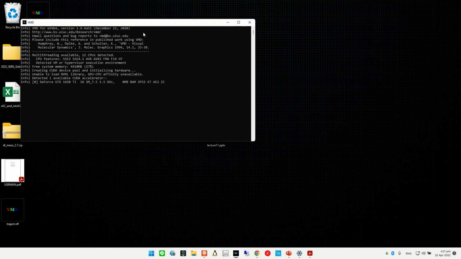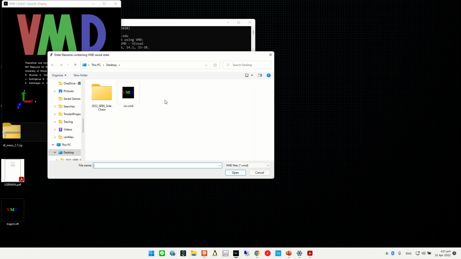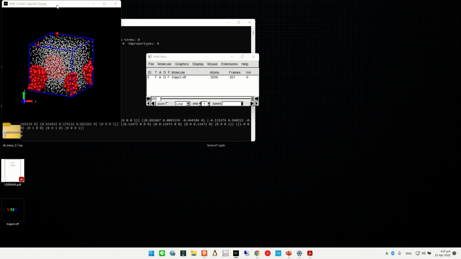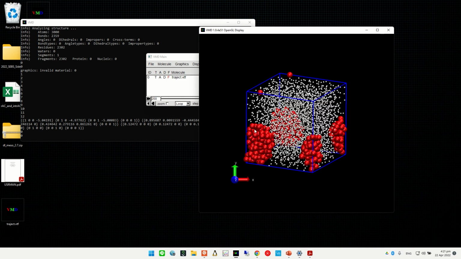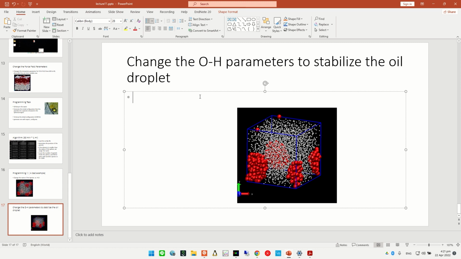I want you to at least have the image, load visualization state. Okay, this is what I want you to do. We try OH equals 40, cannot hold the droplet, but OH equals 500 will do.